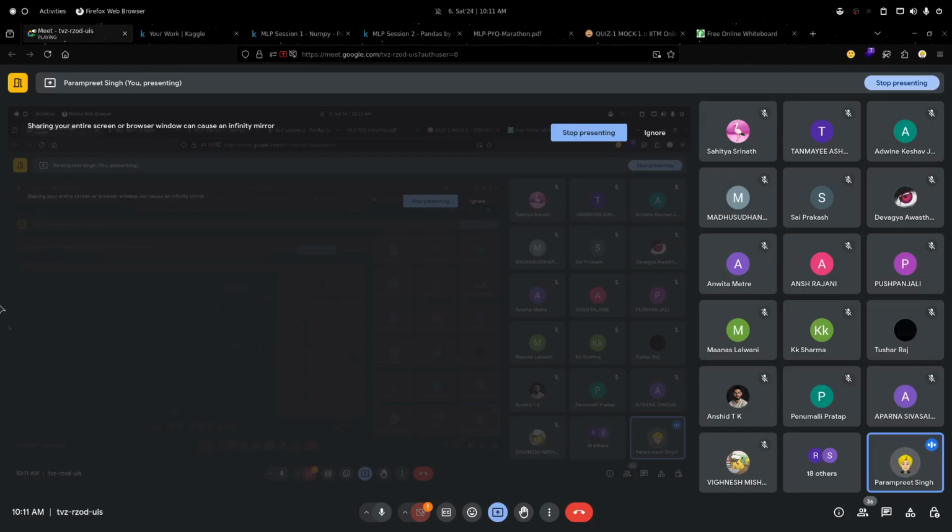Okay, let me write it here. So this first and third column it will take, it will find the distance from their adjacent rows. First it will compute the distance from this row, then it will compute the distance from the other.